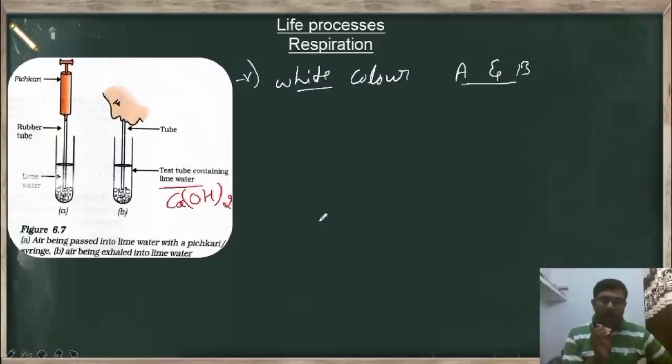That means the amount of carbon dioxide is more. For that reason, in test tube B we get the white color earlier compared to test tube A. That means the colorless liquid turns to which color? White color. So this indicates that something has happened in this test tube. That means this calcium hydroxide, which is lime water,